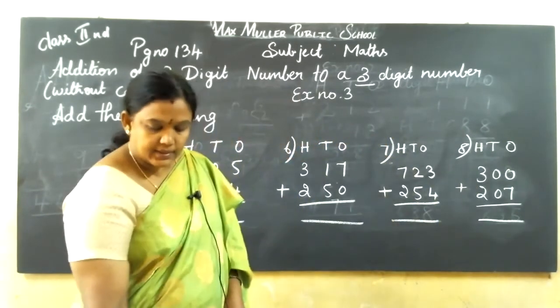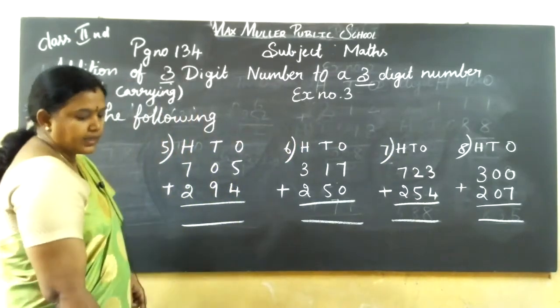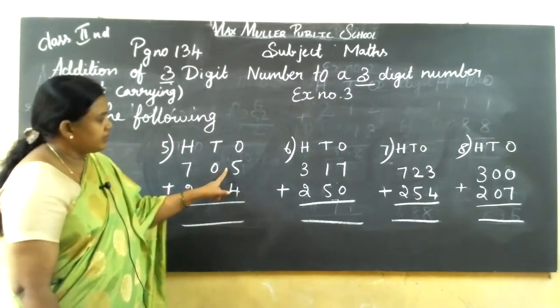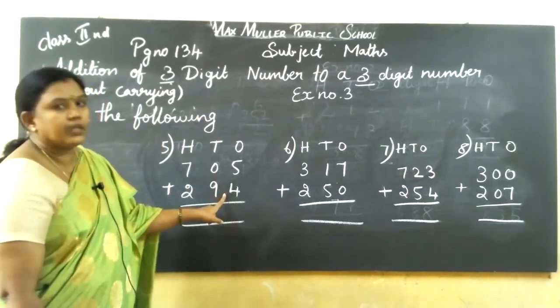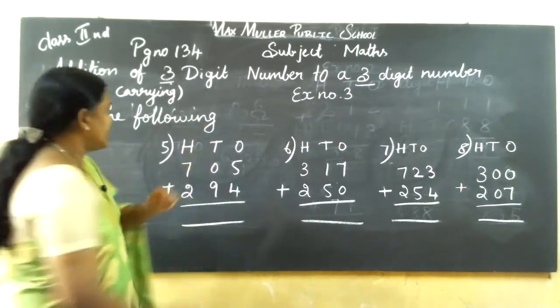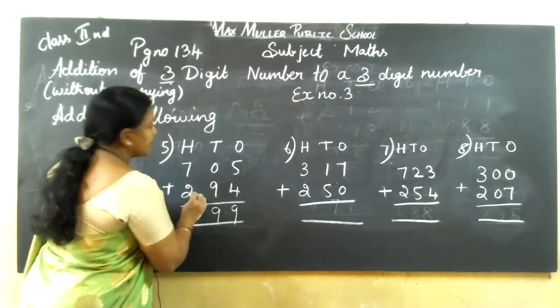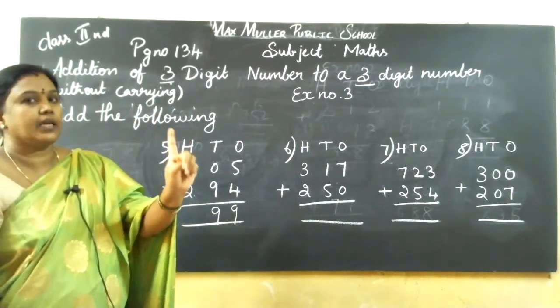Second line in exercise number 3. Second line we are doing, children. Second line, first sum, 5 in the mind, 4 in the finger. After 5, 6, 7, 8, 9. 0 plus 9, 9. 7 in the mind, 2 in the finger. After 7, 8, 9.